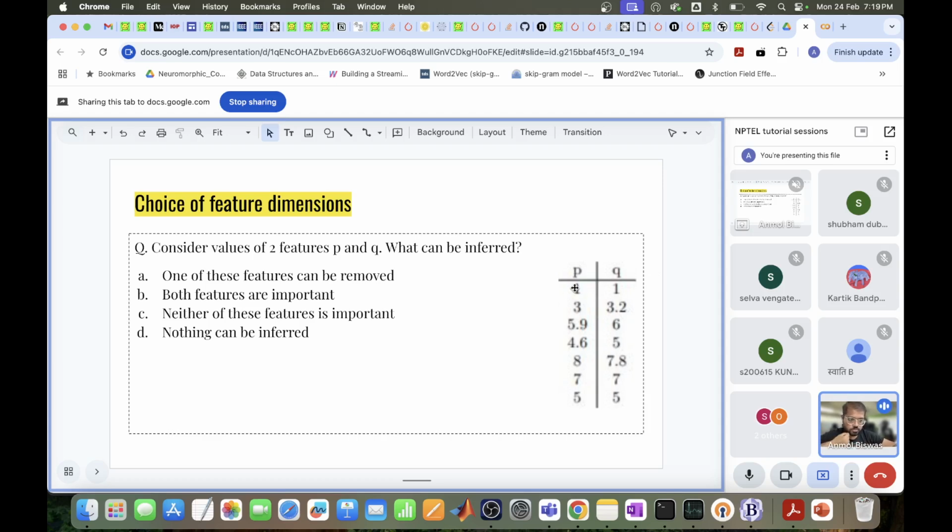When you get P equals 1, you get Q also equals 1, 3 and 3.2, 4.9 and 5, 5.9 and 6, 8 and 7.8, and 7 and 5 are kind of identical again, right? So you can basically just take one of these features, either P or Q, and the amount of information that your model receives,